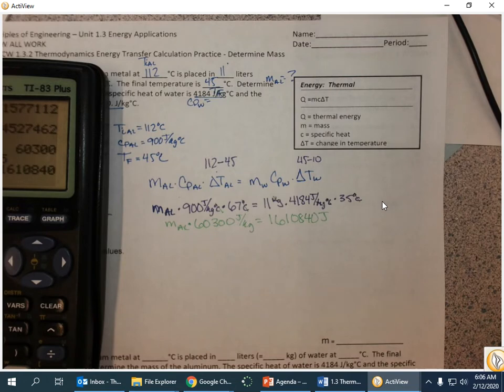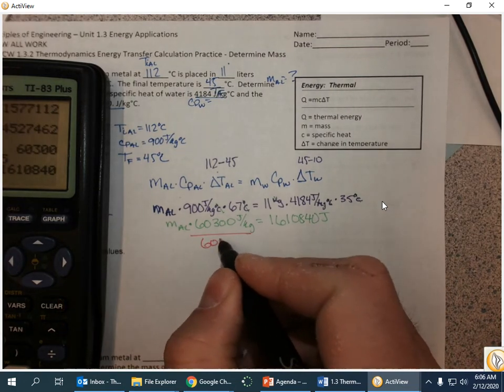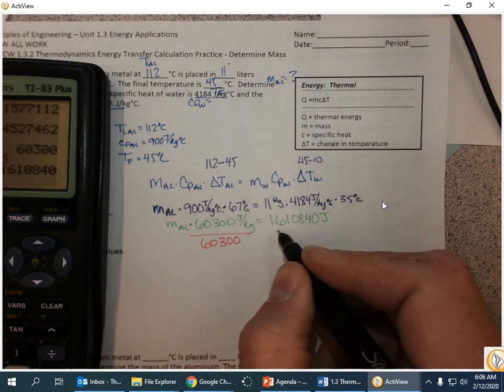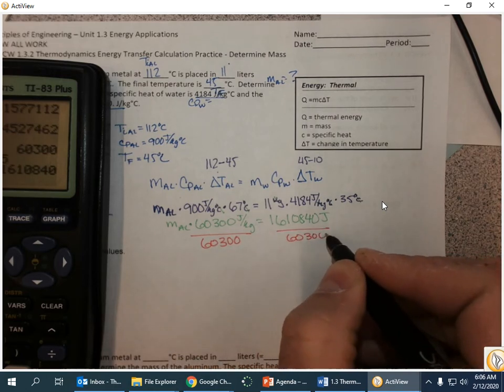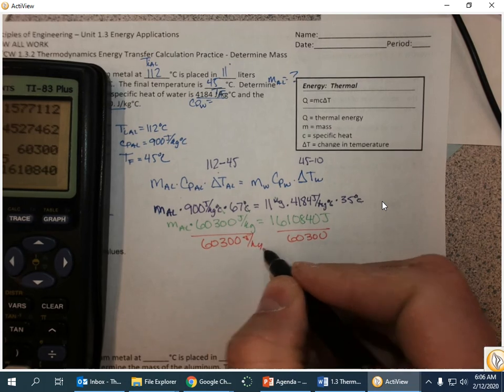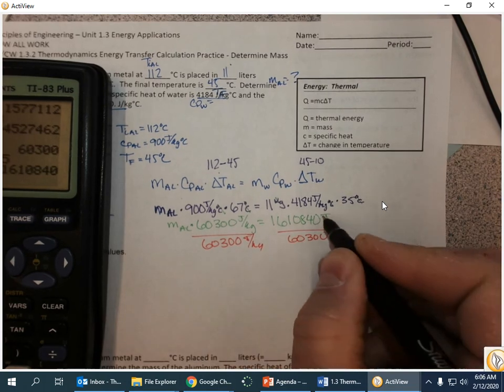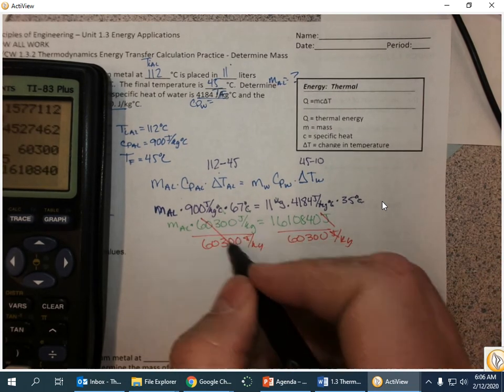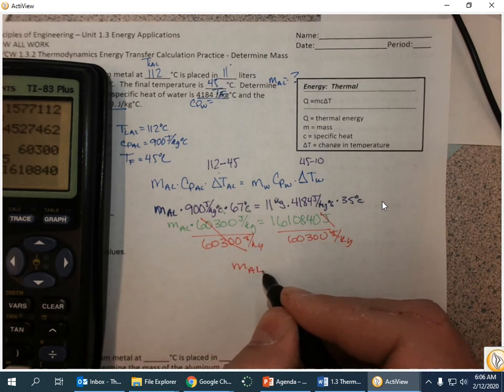And to get our final answer, we're just going to divide both sides by 60,300 joules per kilogram. The joules will cancel out, those cancel out, leaves me with the mass of aluminum is